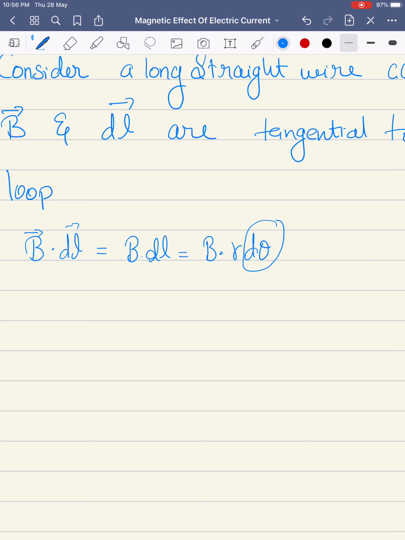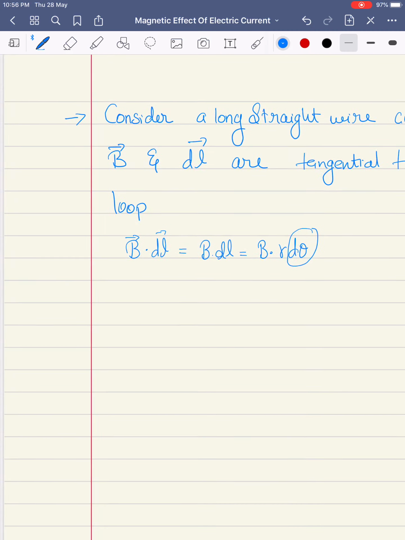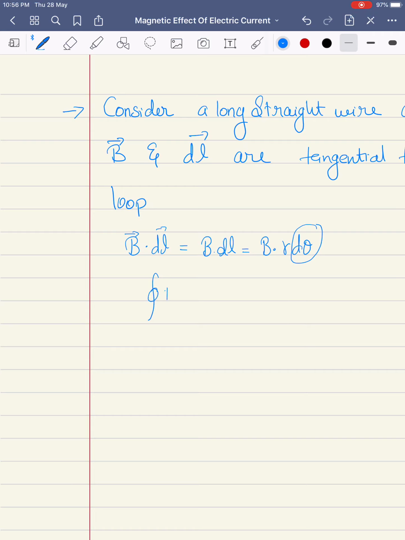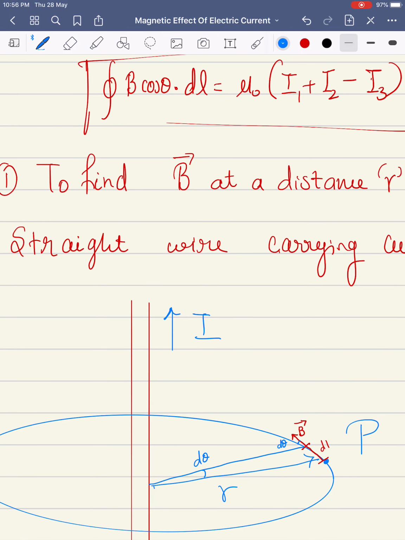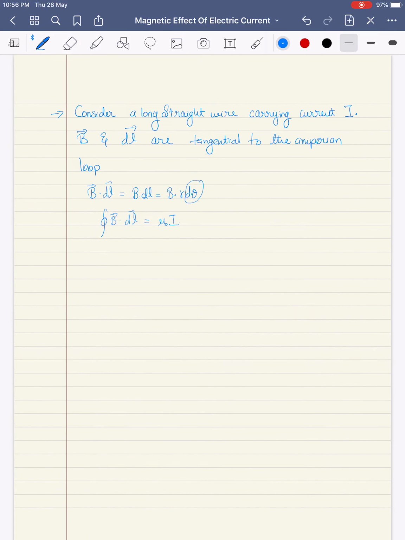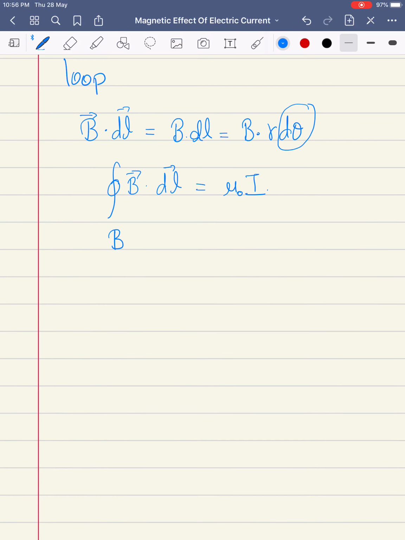In order to have an enclosed loop, when I talk about Ampere's law, we say the closed integral of B vector dot dl equals mu naught I. I is the total current enclosed by the Amperian loop. If the wire is carrying a current of 2 ampere, the Amperian loop will also be enclosing a current of 2 ampere, because the Amperian loop is surrounding the straight wire which is carrying current. Okay, so B vector dot the integration of dl vector is equal to mu naught I.